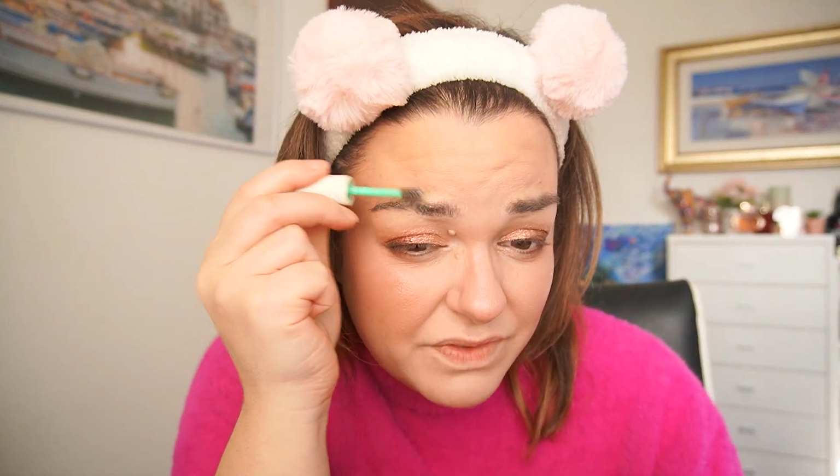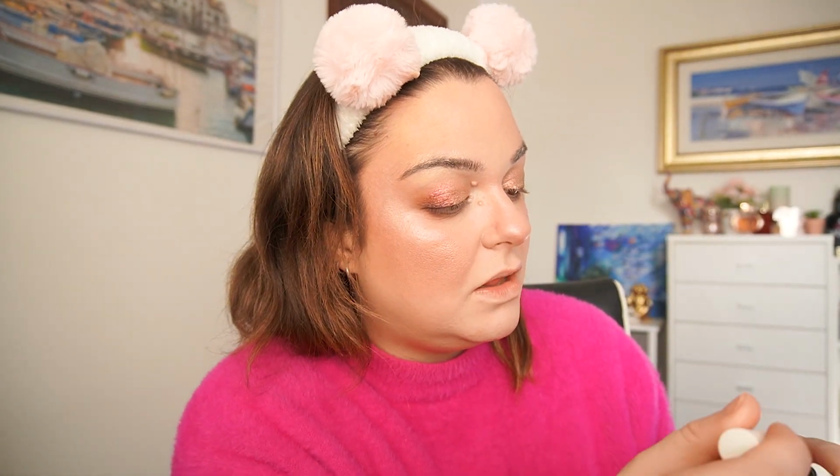Let's use it. But the thing is, I never do anything with my brows. Thankfully, this is just a clear one. I just don't know what I'm doing. And honestly, I don't like the feeling of it. I don't know what it is. I do not like the feeling of it. So I let my brows just live free. And if they look messy, they look messy. But I do not